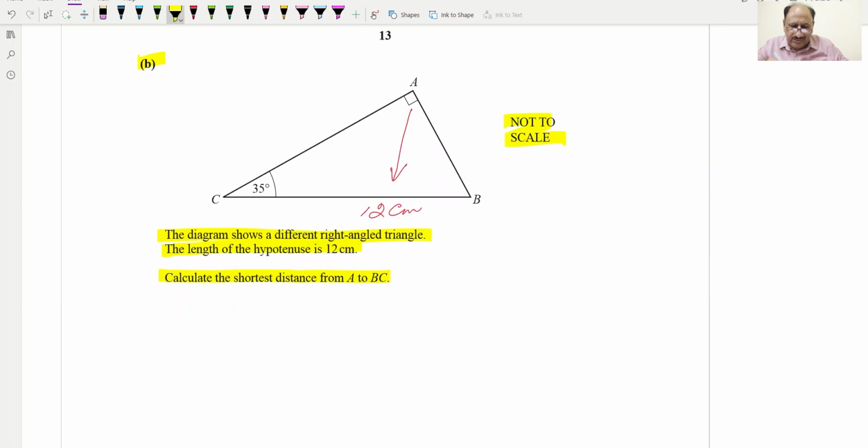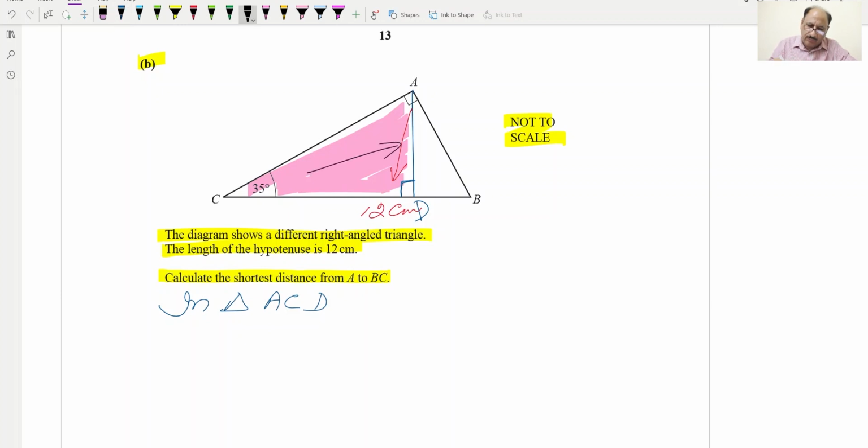So from A to BC, which will be the shortest distance? To check the shortest distance, we draw a 90 degree perpendicular line on BC. Now we can consider a triangle. We can consider this triangle, and this triangle will be this triangle. This point we can take as D, so we can write in triangle ACD,